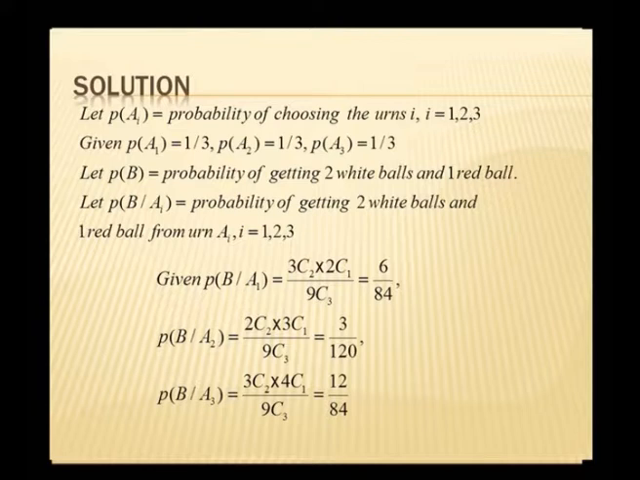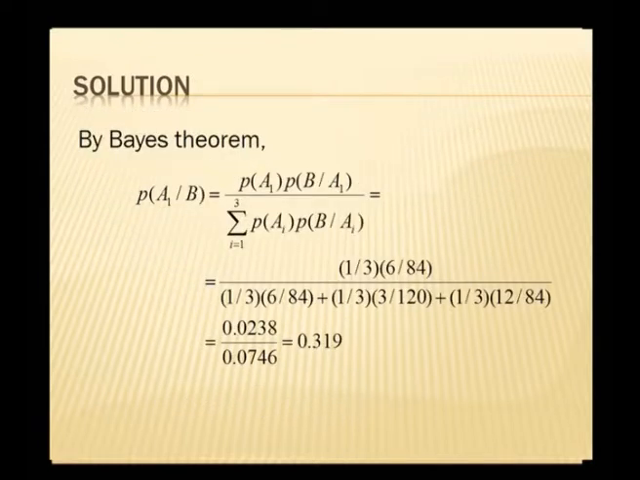Similarly, in the third case, P of B by A3, probability of getting 2 white ball and 1 red ball from the third urn. In the third urn, since there are 3 white balls, 2 can be drawn in 3C2 ways, and since there are 4 red balls, 1 red ball can be drawn in 4C1 ways. Hence, the required probability is given by 3C2 into 4C1 divided by 9C3. Hence, we get 12 by 84, and if you use Bayes' theorem, we get P of A1 by B to